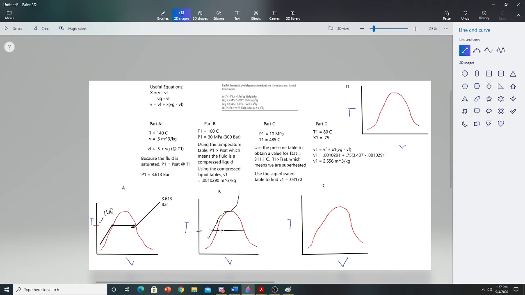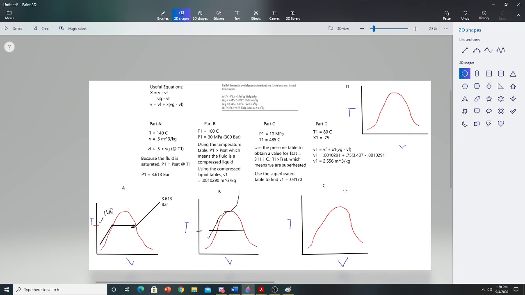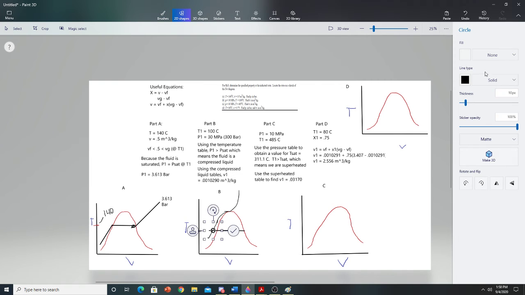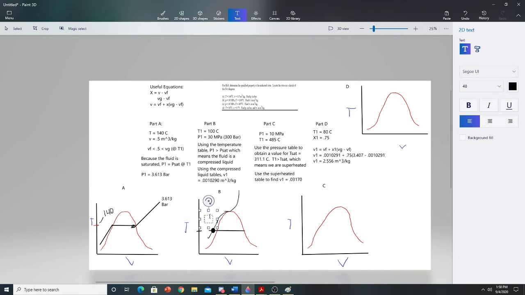But right here, the intersection between those two is where we are currently located, which I will put a dot there and fill it in with some black. So we are right there. We are at 100 degrees Celsius, and we are on this line of constant pressure of 300 bar,